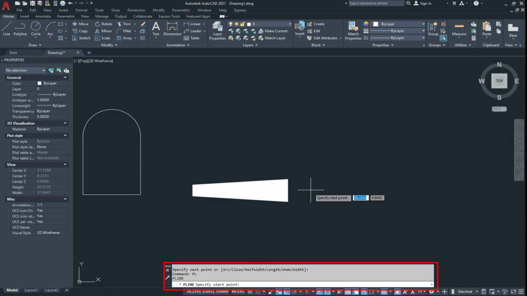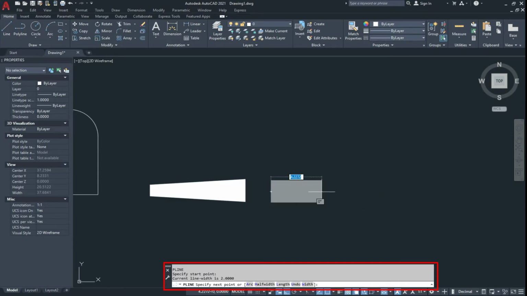Select the polyline tool again, give it a point. Now we see the width, and for that press W and Enter. Now it also asks for the width, the starting width. We give it 1 unit, and the ending width we give it 2.